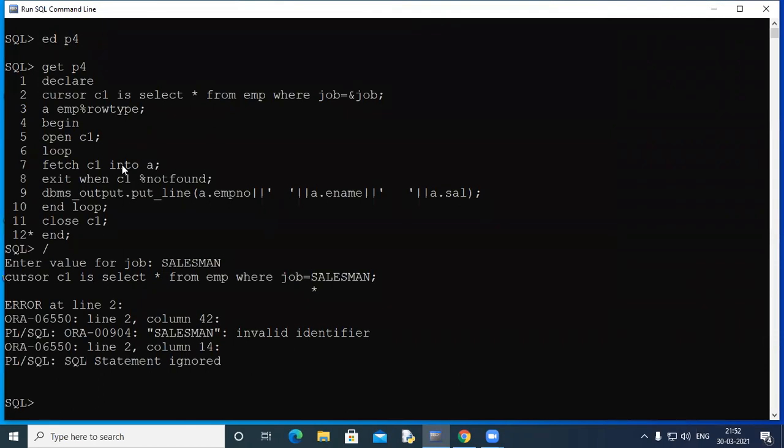Some problem here. What's the problem? Can somebody tell me? Lower your hands and then raise your hands again. Why is this problem coming? You people are all related to programming. It says error at line 2. Remember your insert statements, your data types of Oracle, and then answer this question. It says salesman is an invalid identifier. Would somebody like to try, or shall I tell you the answer?